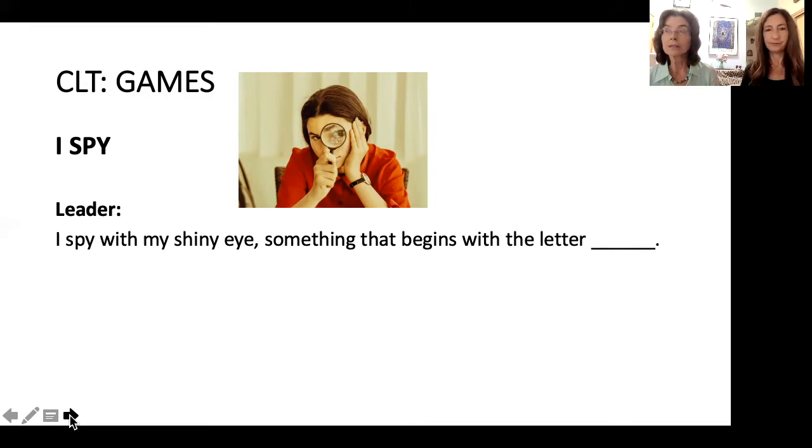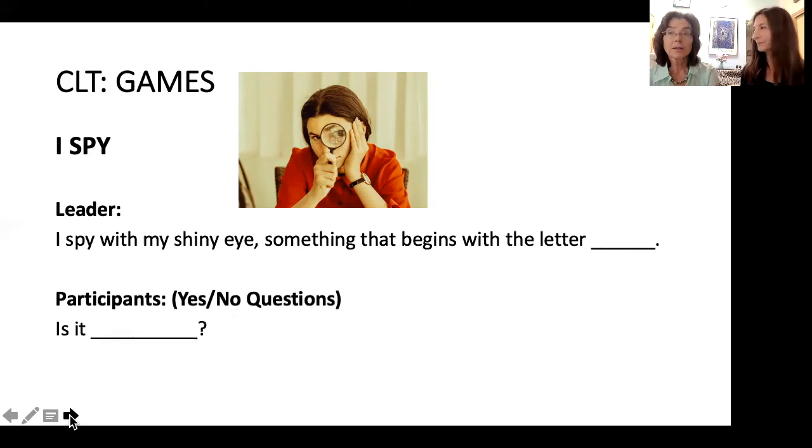Is it a carpet? No. Is it a car? No. Is it a computer? Yes. Oh, it's a computer. Great. So, I, as the leader, say, I spy with my shiny eye something that begins with the letter,